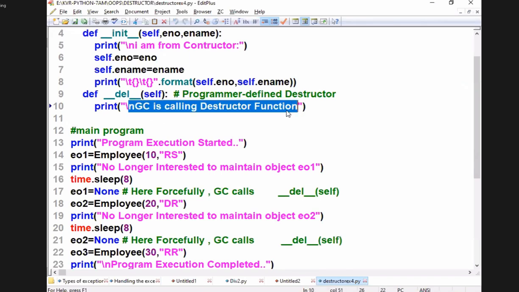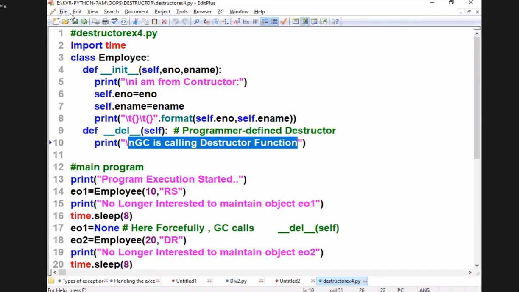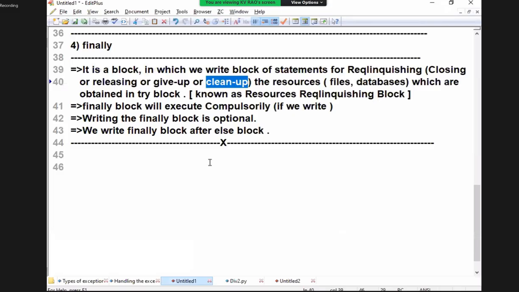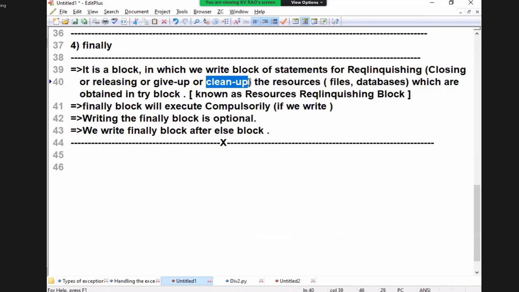There I will show you the meaning of cleaning up the resources. Don't worry about that. I will explain OOPS programming, and there you are going to come across it. So don't worry about the cleanup. Cleaning up the resources is nothing but closing the file safely without any inconsistency of the data. I will explain that further. Let me come to that. You will understand that word.